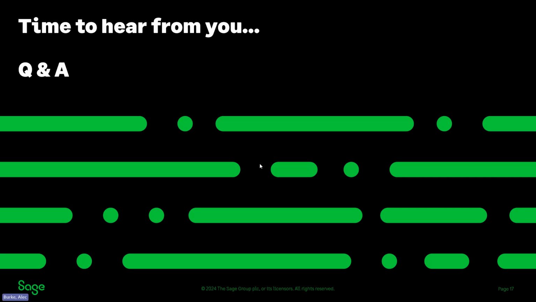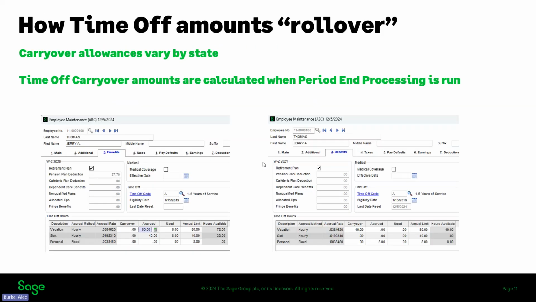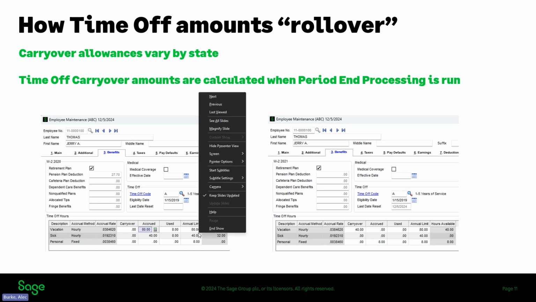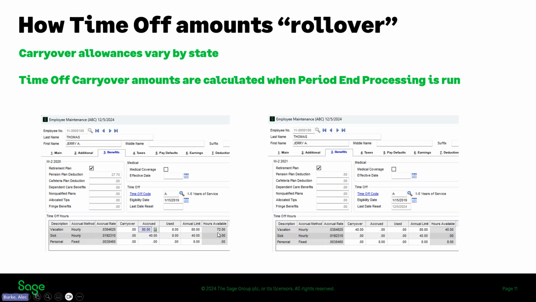Well, as you saw in my examples a couple slides ago, let's go back there. The accrual happens when you're processing the checks and when you post the check registers. So the most common problem is that your employee is not going to accrue what they're due. If we look at my example on the left here, this would be a good example. Jerry's reached his annual cap of 80 hours allowed accrual, and